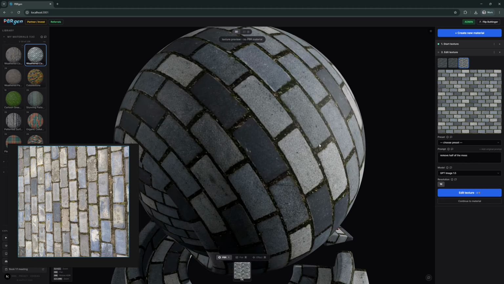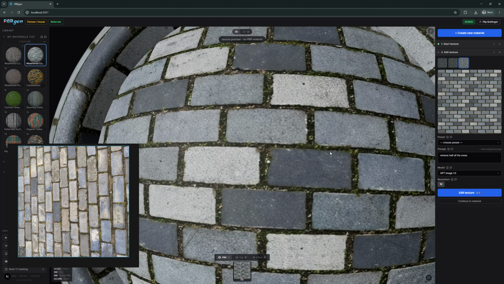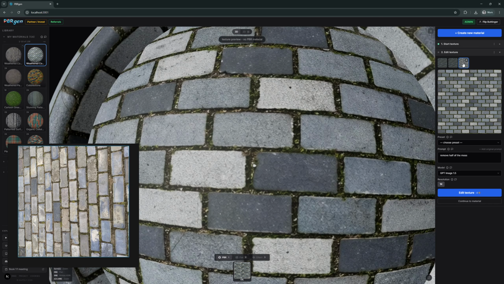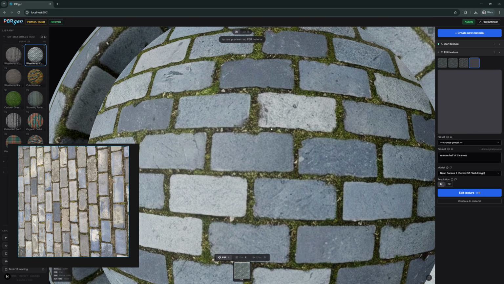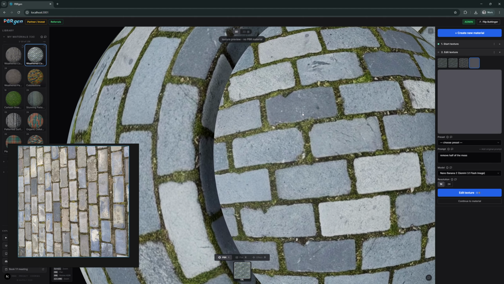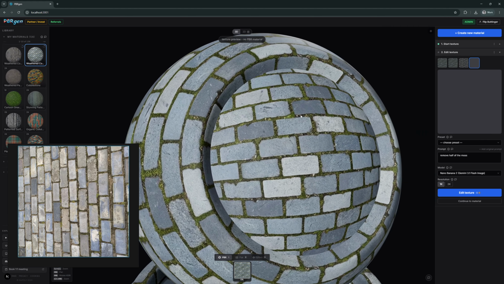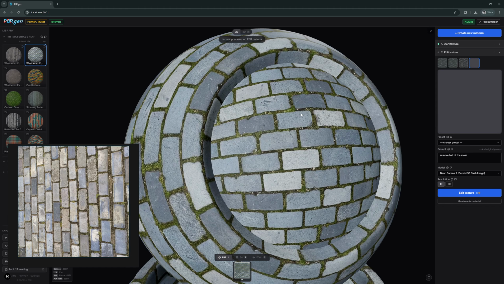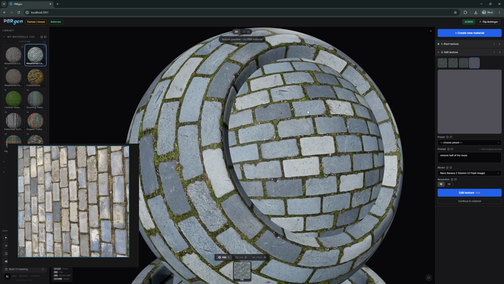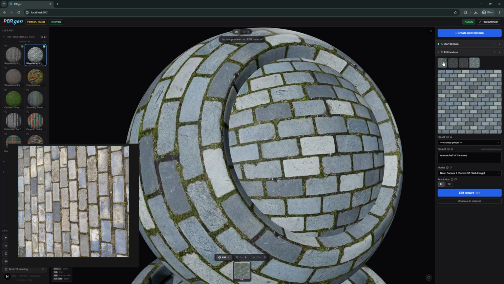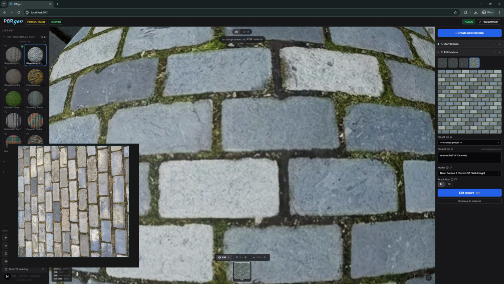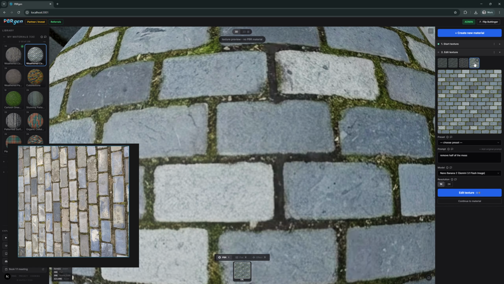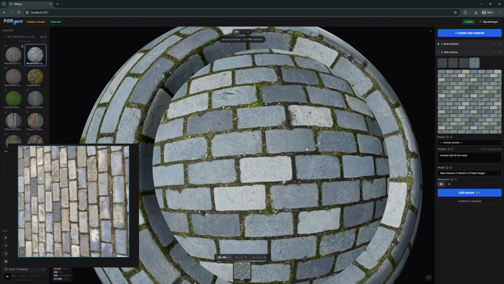So let's see what GPT image did. Yeah, I changed the image too much. I don't like it. Let's try it again with Nano Banana. Yeah, now it removed some moss. So that's what you can do in this step. And